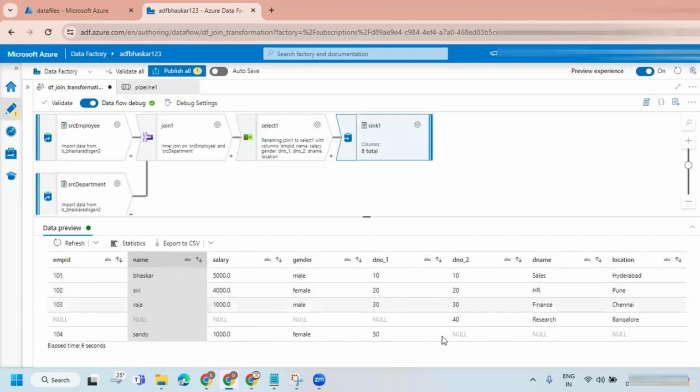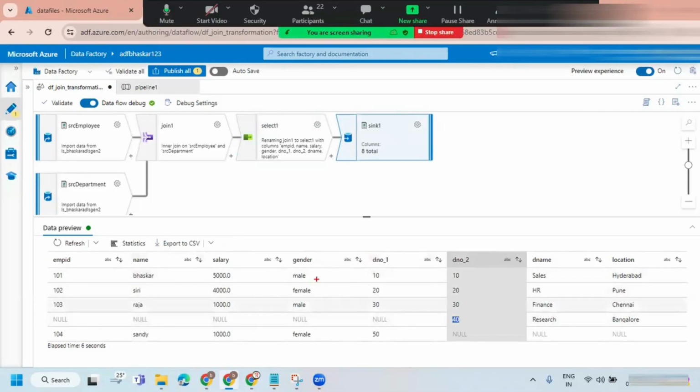_1 and _2. So if you observe here, in department number 1, I have a blank here, and I have a 40 here. So I wanted to get a separate column here. I wanted to create a department number column. If department number 1 is not null, then I wanted to show the same value. Now I have a department number 10. Let's show the same 10.